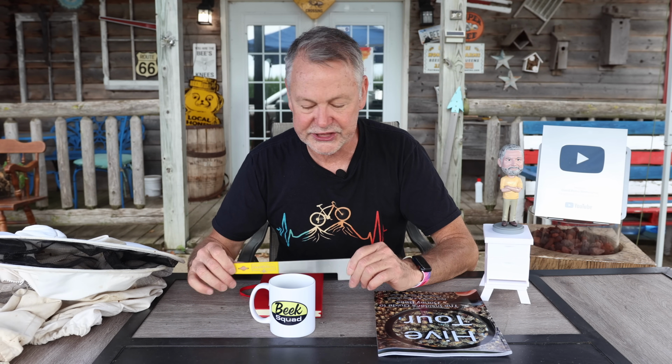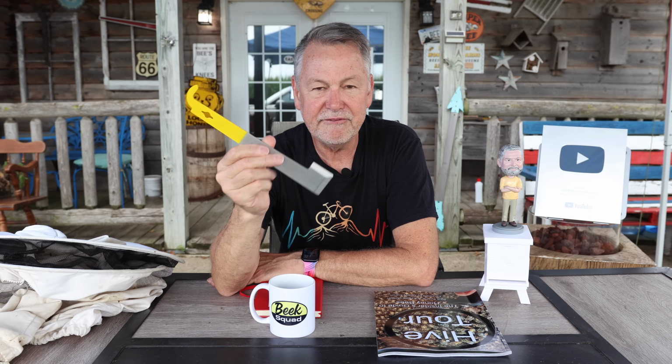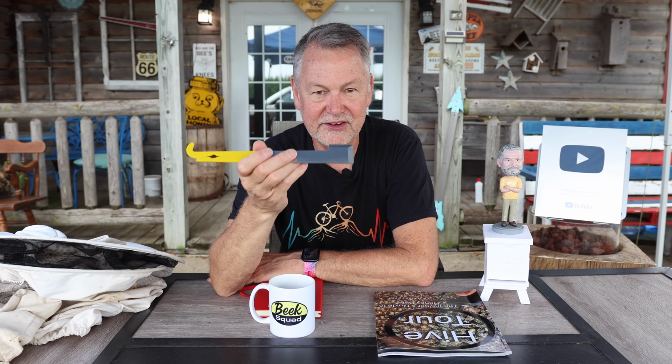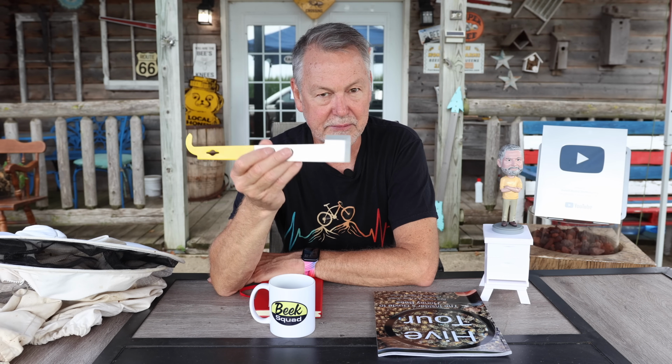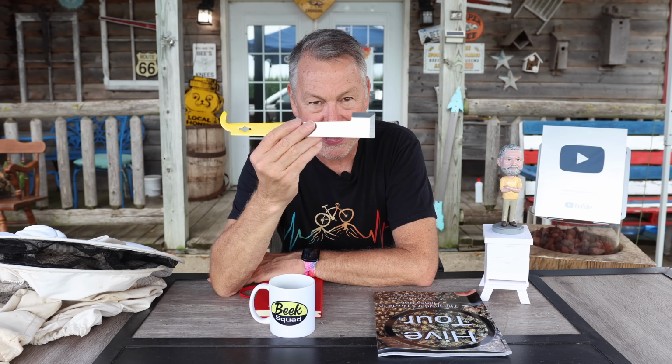Now, the 6th tip that I want to tell you about, it's a bonus tip actually, is about the use of this hive tool. Now, this hive tool in its current state does not serve me as well as it should. And I'm going to take this to the grinder in just a second and show you how I make